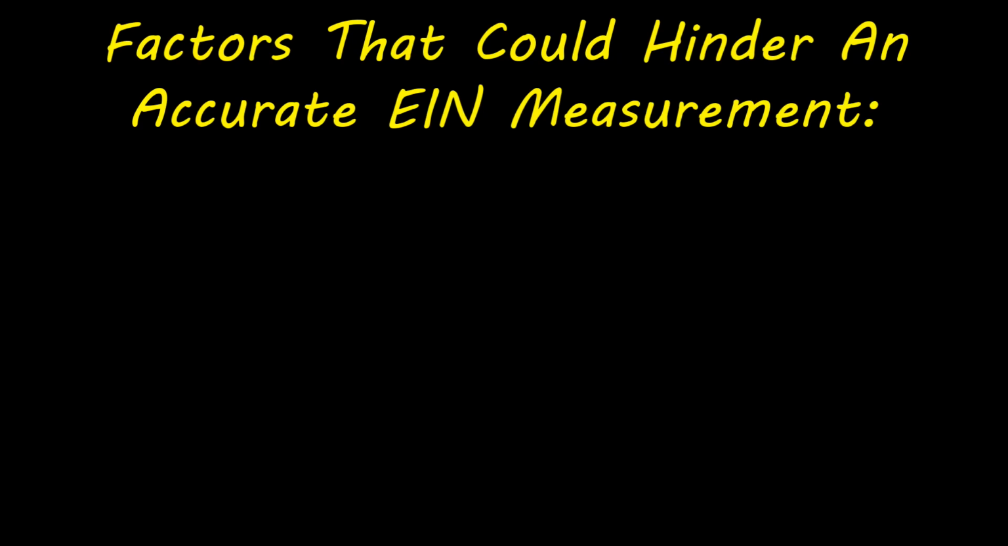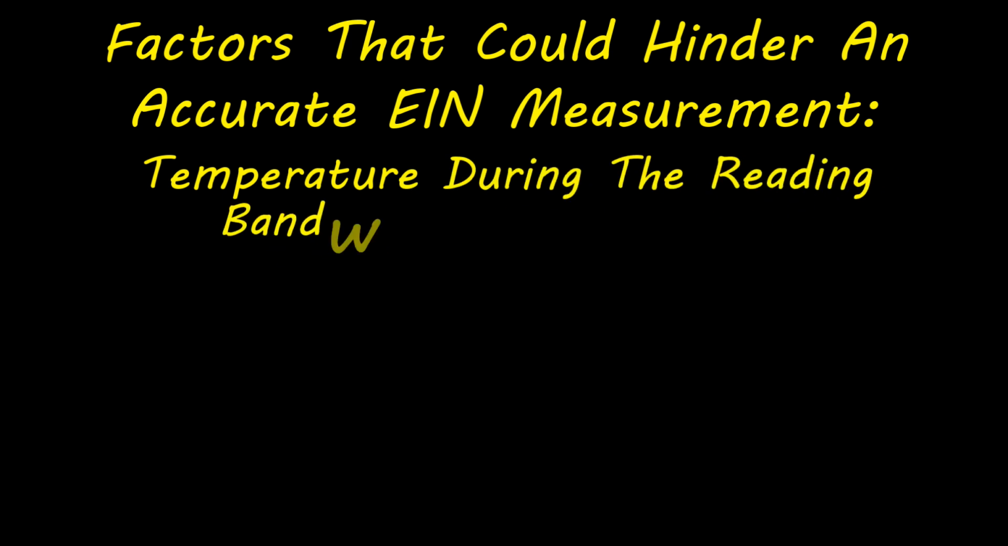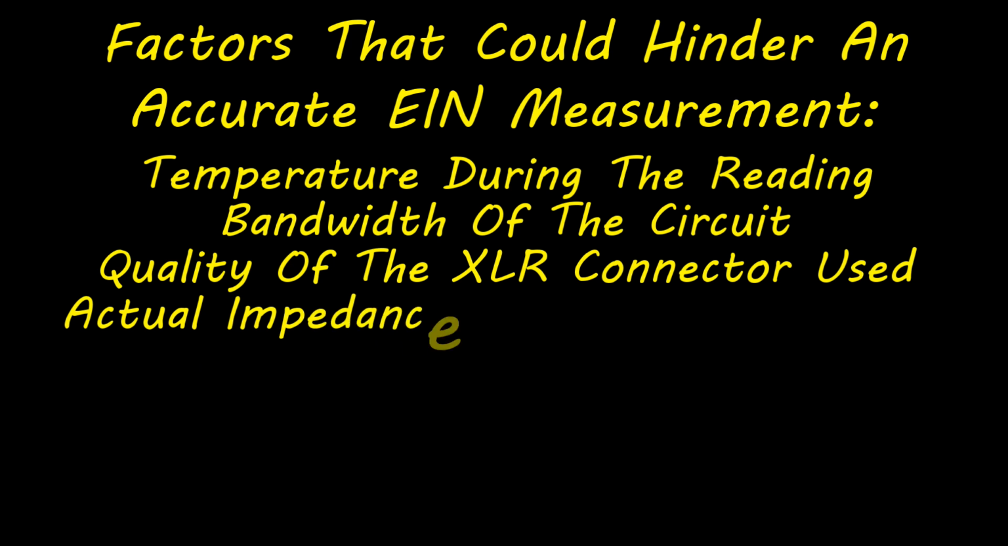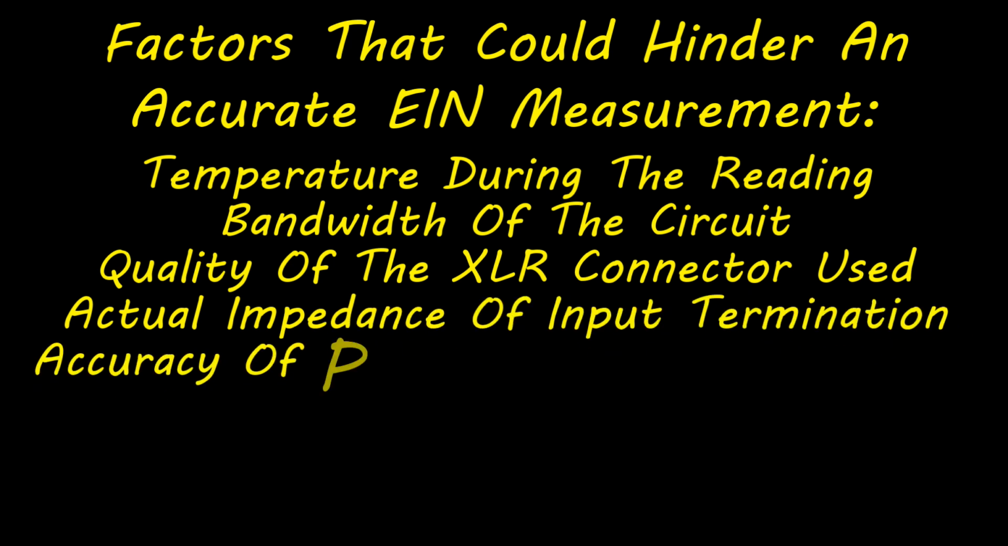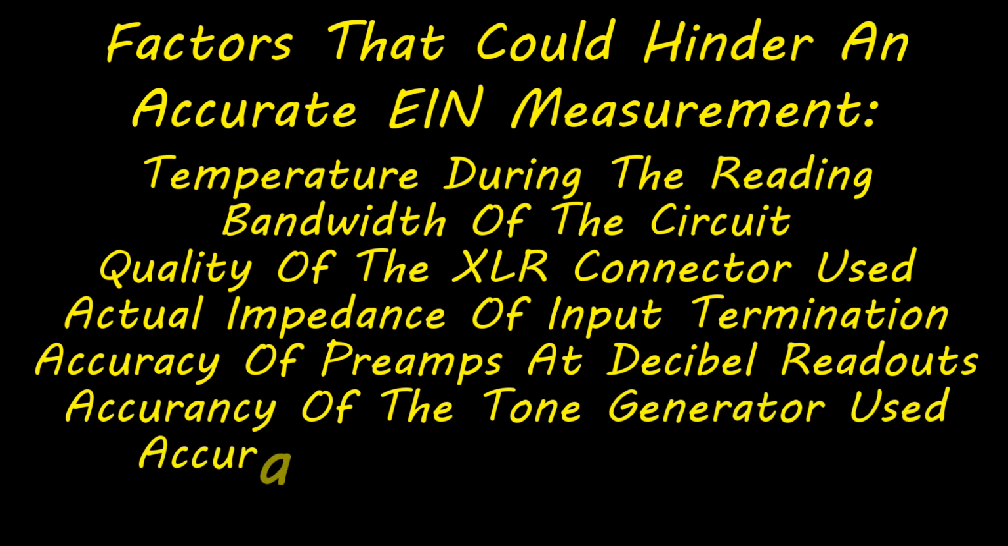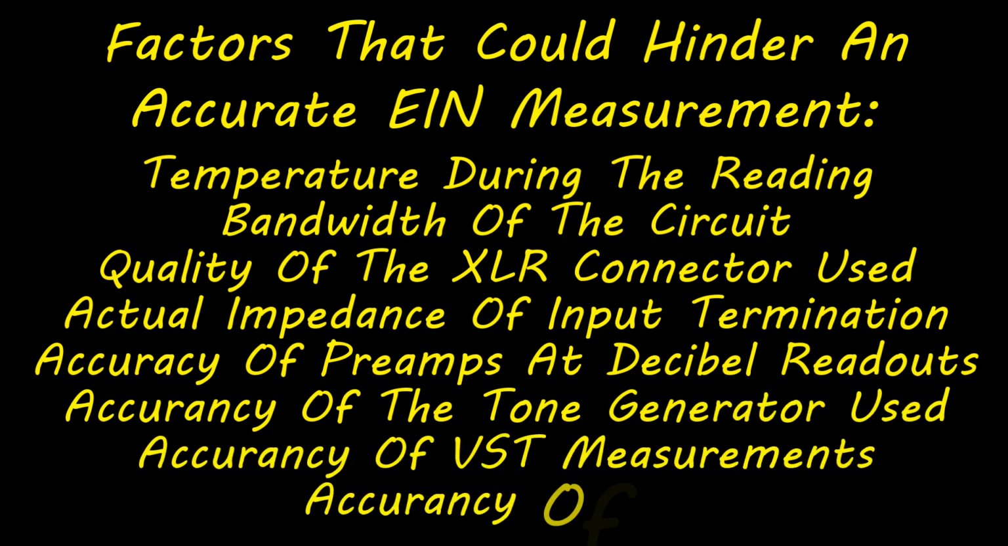There's a lot of factors that could affect an accurate EIN measurement, and here's a short list of just some of them. Temperature during the reading, bandwidth of the circuit, quality of the XLR connector used, actual impedance of the input termination, accuracy of your preamps at a given decibel readout, accuracy of the tone generator used, accuracy of VST measurements, and the accuracy of your analog-digital converter. For our purposes in this video, we're going to treat everything as if it were calibrated perfectly and ideal in